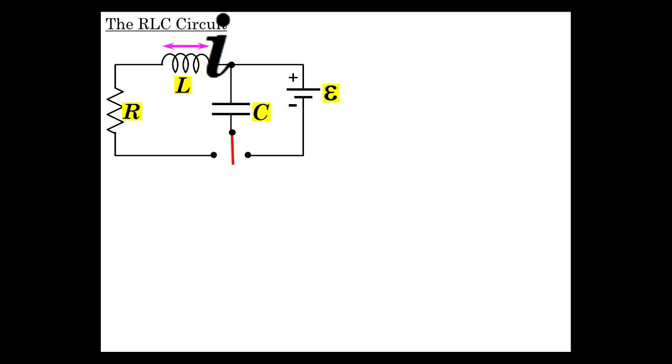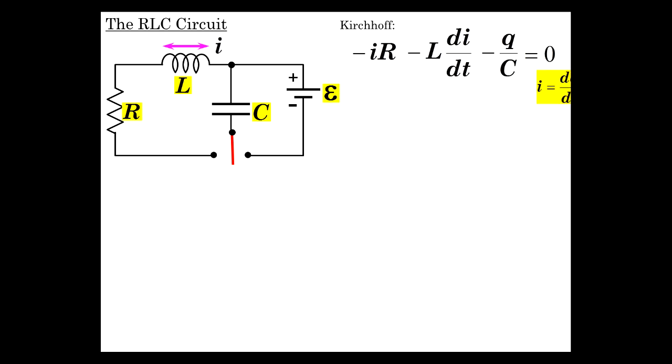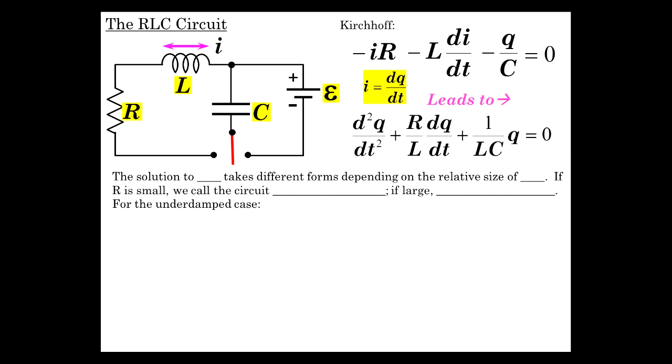Let's now discuss the last topic, the RLC circuit. So we have resistor, inductor, and capacitor. We now know that we have an oscillating system. We're going to swing this over here to charge the capacitor and then swing it back, and we start oscillating back and forth. So let's do a basic Kirchhoff equation. Minus IR minus L di/dt minus Q over C equals 0. I, of course, is dq/dt, leading to the second derivative of Q with respect to time, plus, if we divide everything through by L, R over L dq/dt, that's the I, plus 1 over LC, Q equals